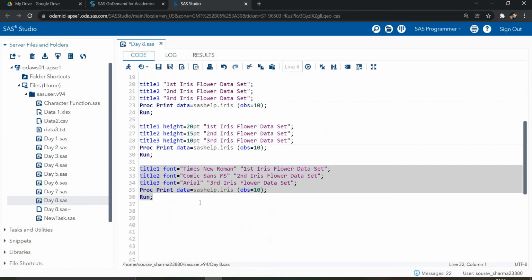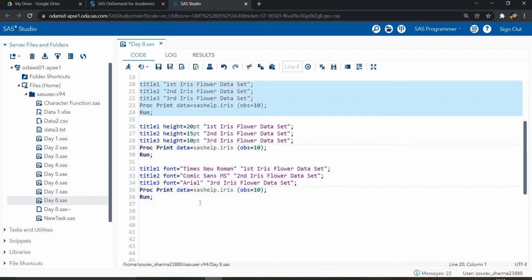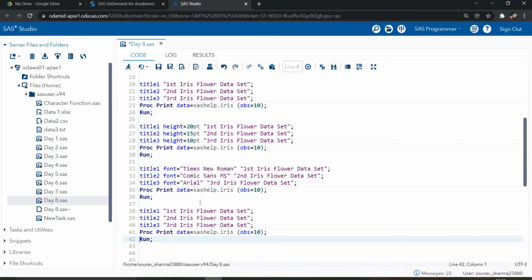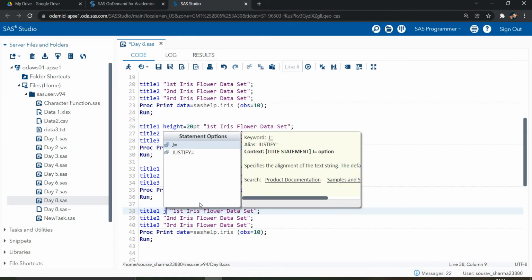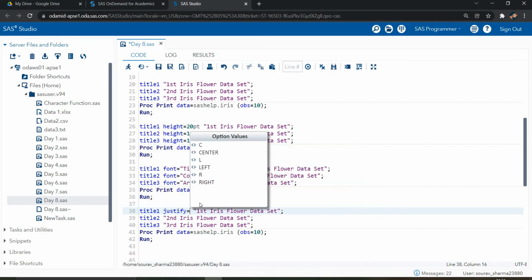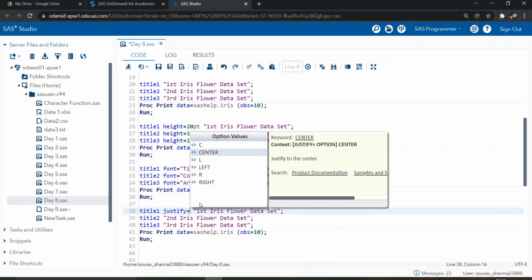Next, how are we changing the font style? Again I'm picking this data, and now I want to adjust the justify. Justify we are using for, let's suppose, I want the data in the center, middle, left.